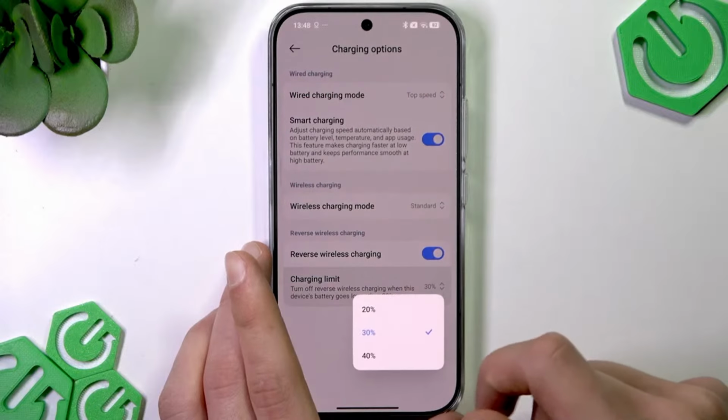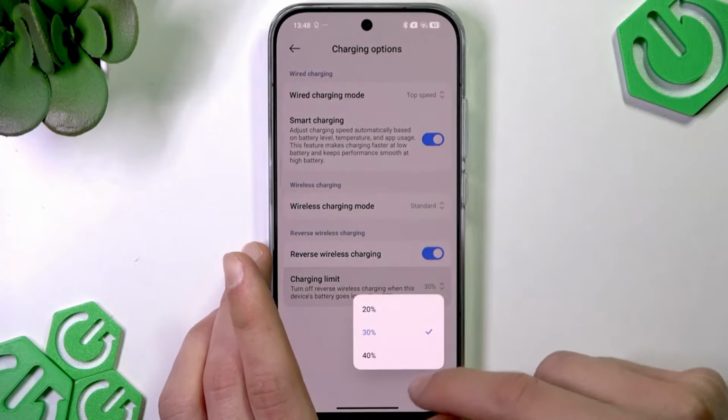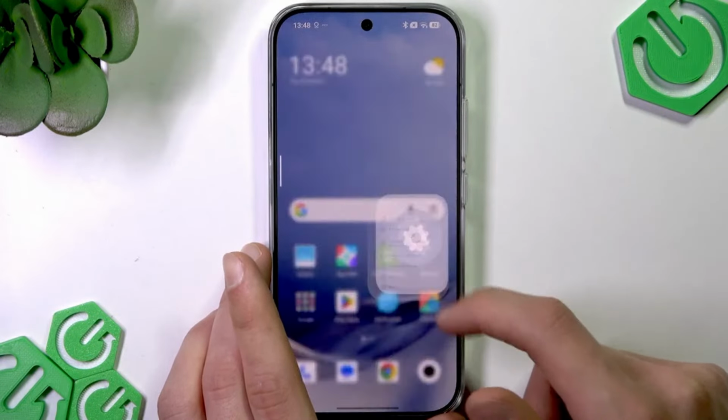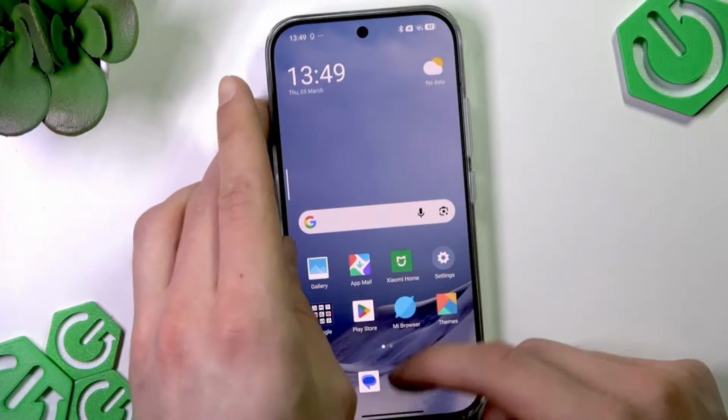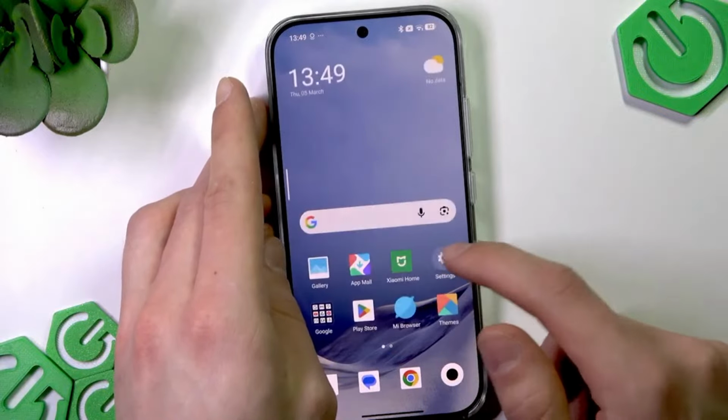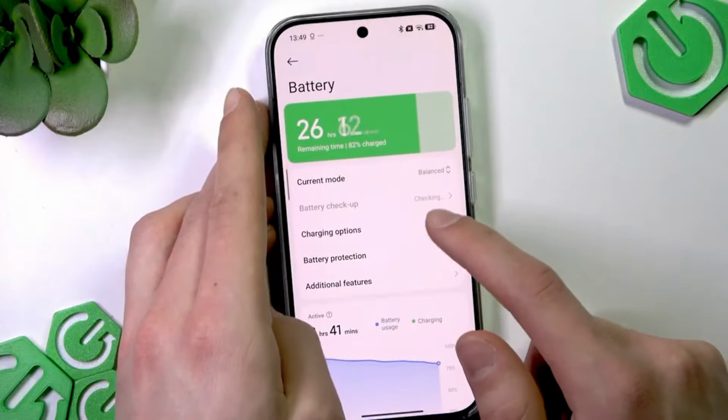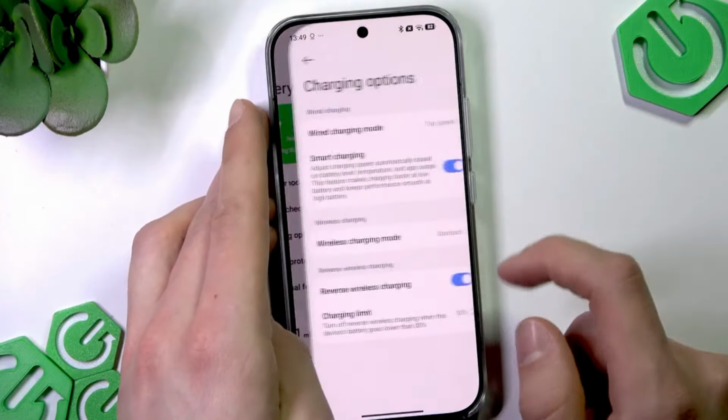So the charging limit is the battery limit of this phone, which it has to reach in order for wireless charging to be disabled. And once the wireless charging is enabled, what we're gonna have to do next is